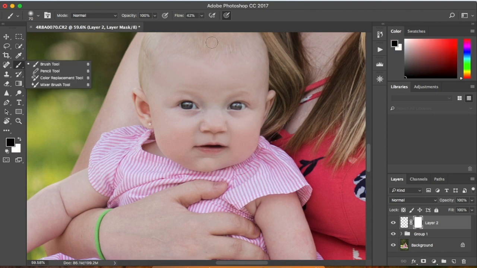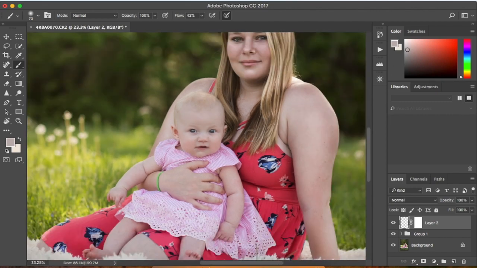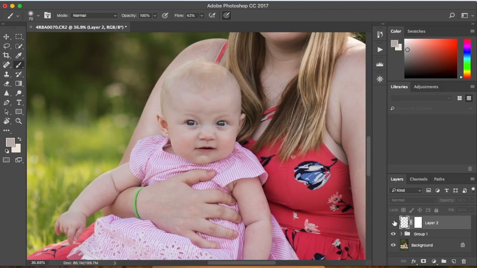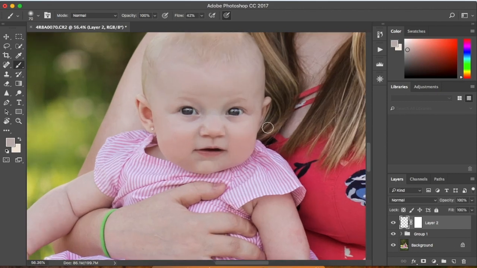So I want to take my brush tool, and I think I painted on her eye a little bit, so I'm going to erase that. Okay. So this just gives a creamier, dreamier look to the face. I think I painted off a little bit on her. There we go. Okay. So I'm going to decrease the opacity quite a bit to about